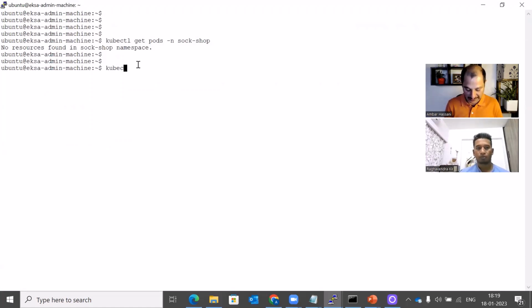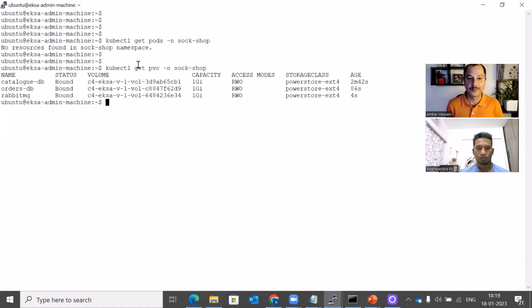So kubectl get PVCs -n sock shop. You can see that the 3 PVCs have been created, and the other 3 are now in progress. This one has just been created actually, okay? The RabbitMQ. Now, the other thing that I wanted to highlight is how we observed from a backup job perspective,